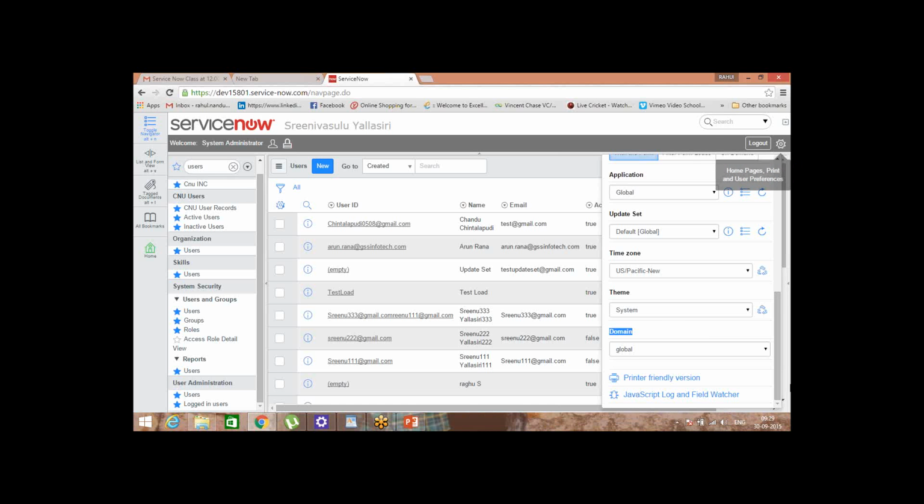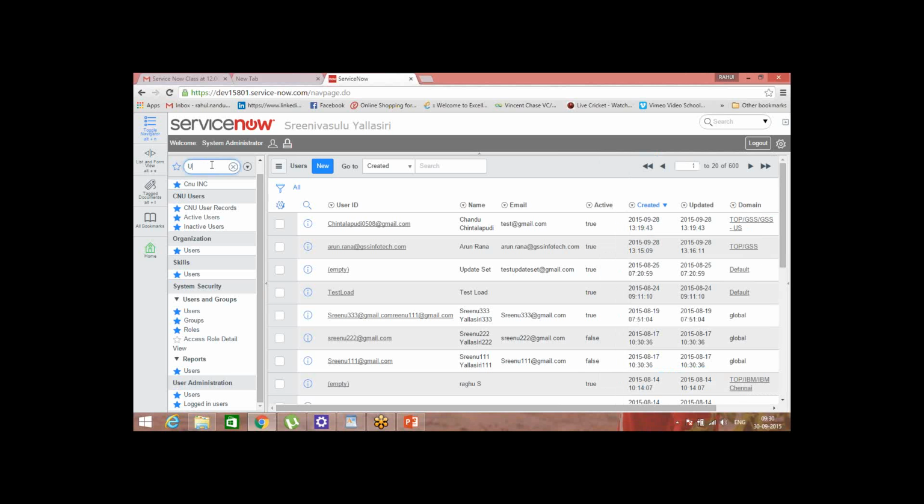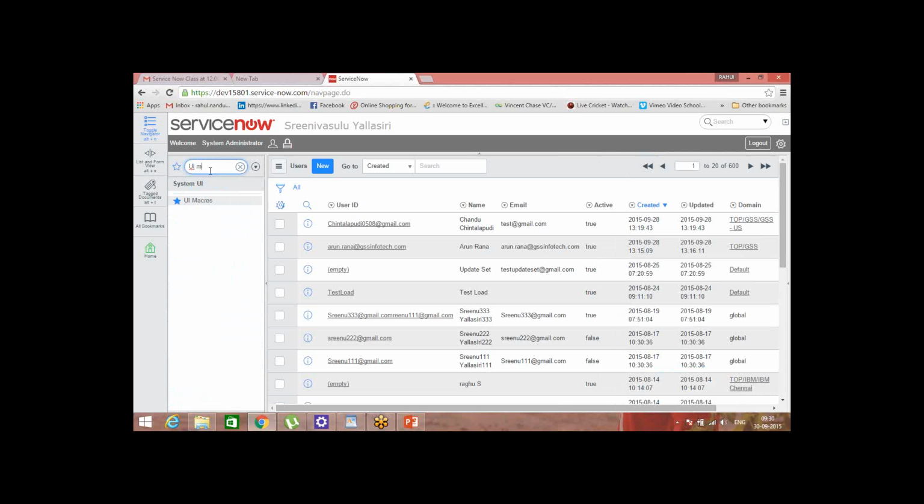Yeah, we can see. Domain icon, I cannot. I think even Chandu has activated that plugin for domain. Yes, but I'm unable to see that. I don't think so, at that time when he clicked on UI macros, then he switched it. I just want to cross check again. Everyone type UI macros in the filter. So click on UI macros in the filter.